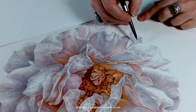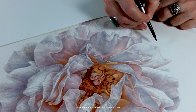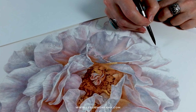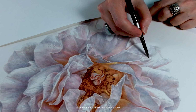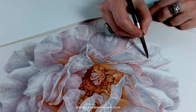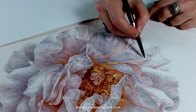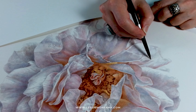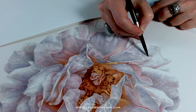And in this case, the way I work, it's less about fact, believe it or not, it's less about factual observation than it is a mix of memory, sometimes sketches, photographs, and imagination. So it's a subtle mix of all these things, but you can always trust if you approach your subject matter without